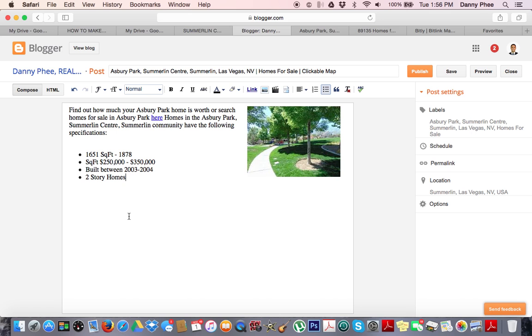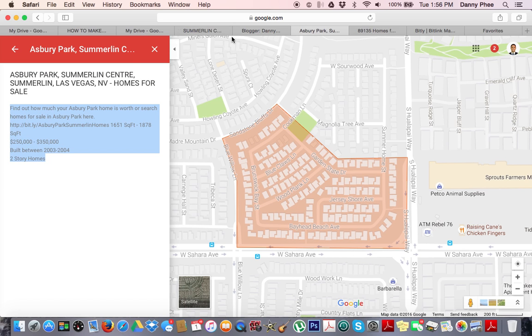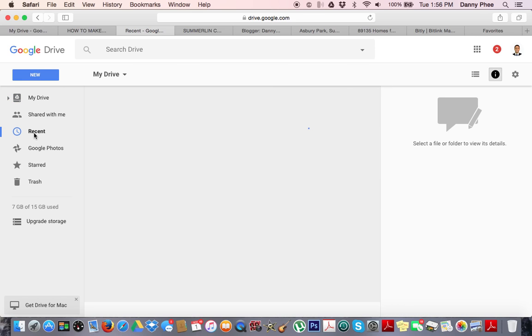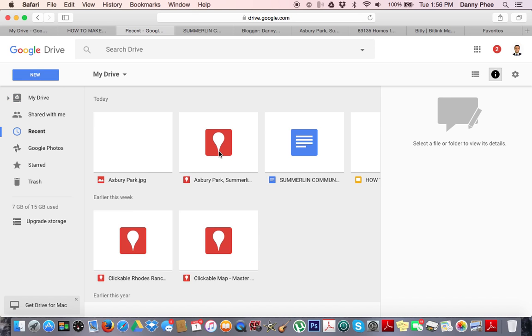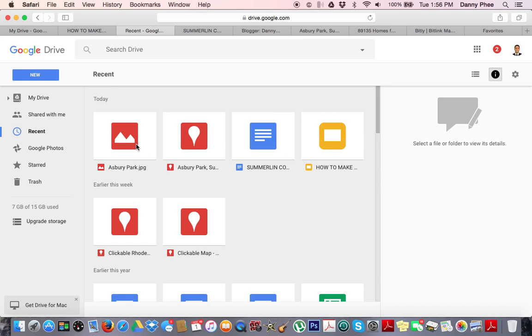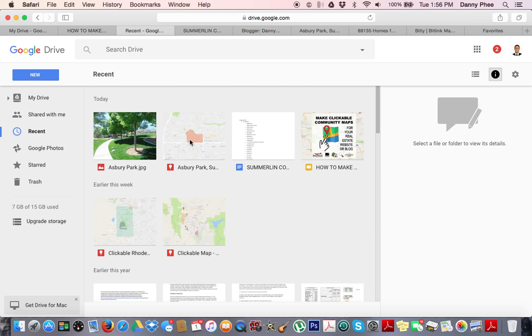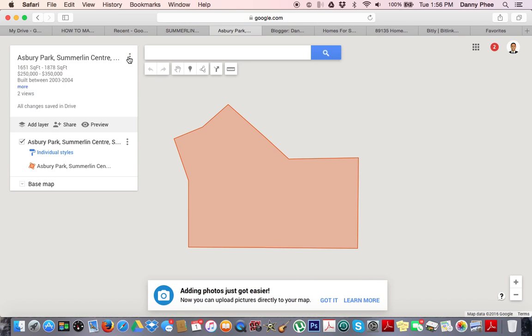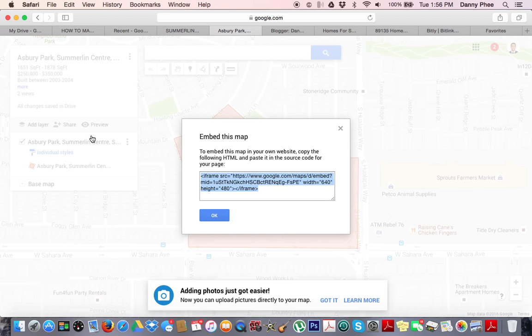Okay. So we're gonna take the code from that map that we just created, Asbury Park. That's it right there. So take the code from that map, embed it on your site. So you're going to copy that code,